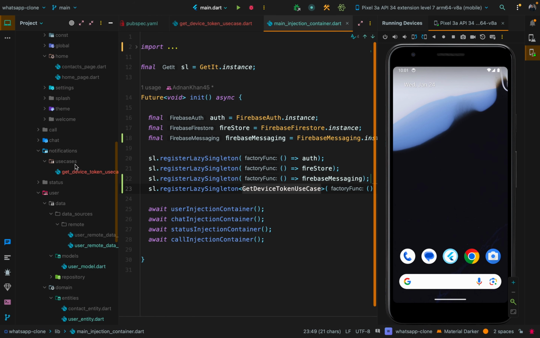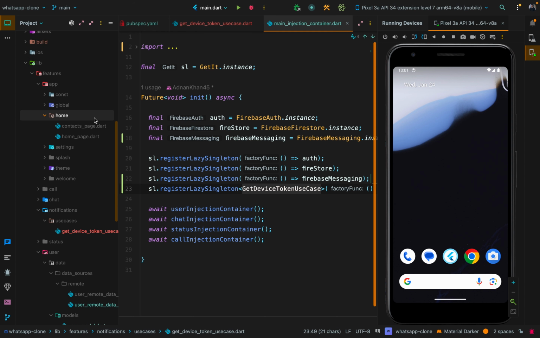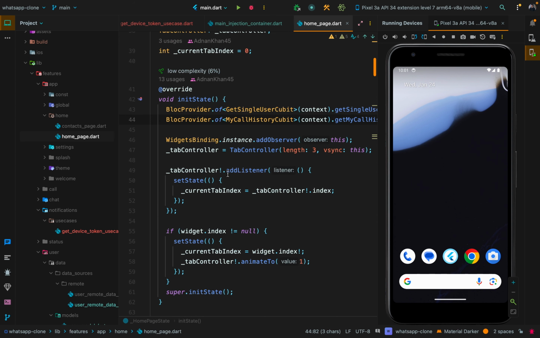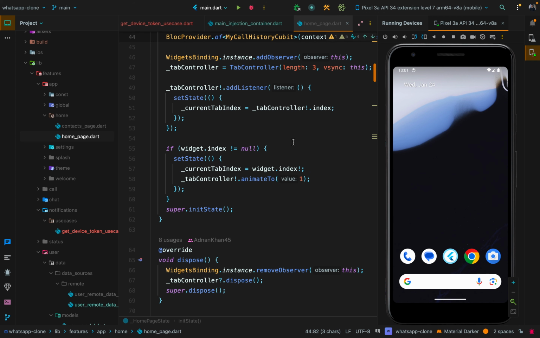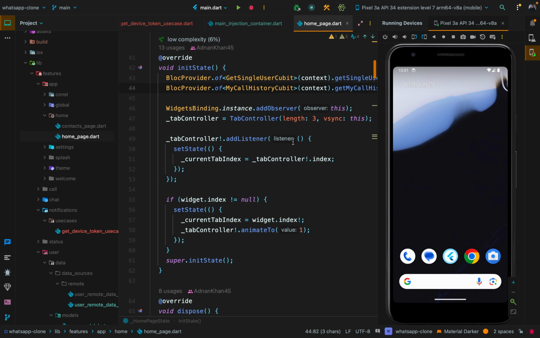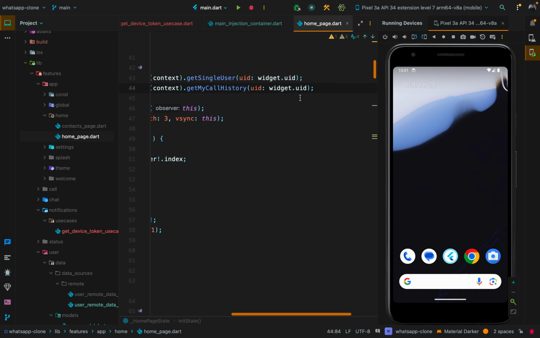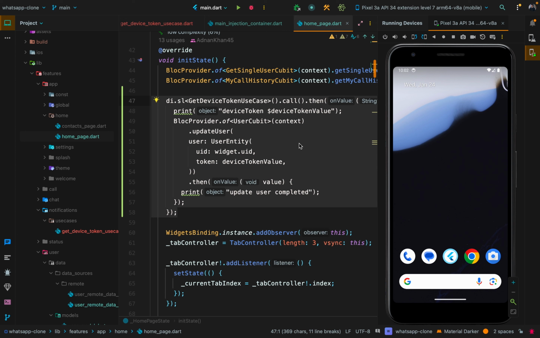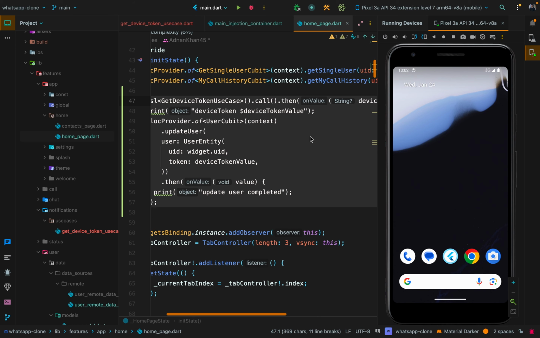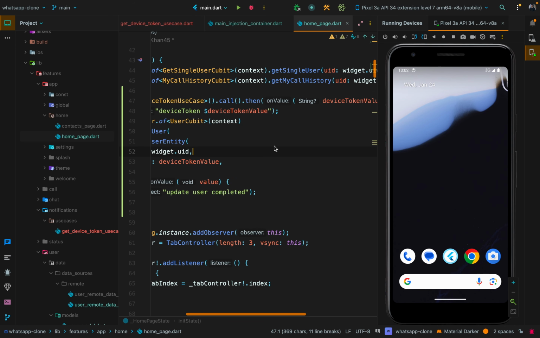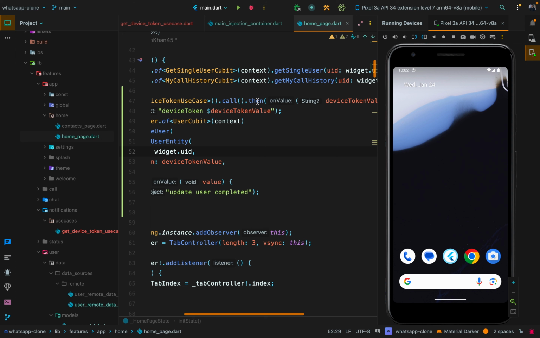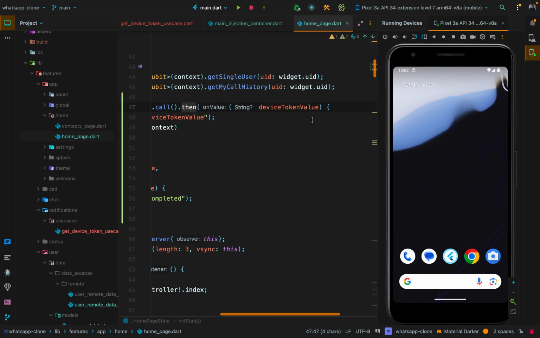So now once we have this method of the get device token, we can go ahead to the home page, and in the home page here we need to update the token field of the user every time he comes to the home page after checking back in here. So we will add the get device token use case, calling it from the DI since we have registered it, and when the future task is completed, it will return us the device token value, and we will print it